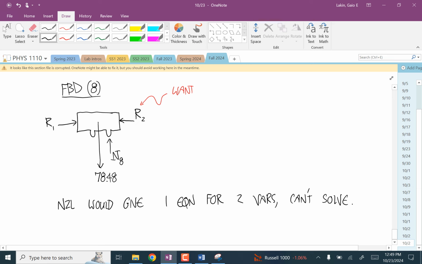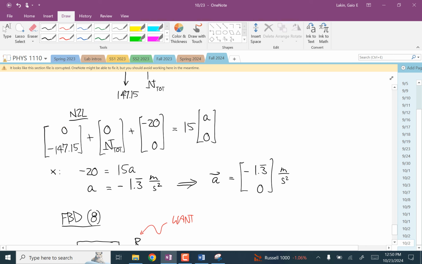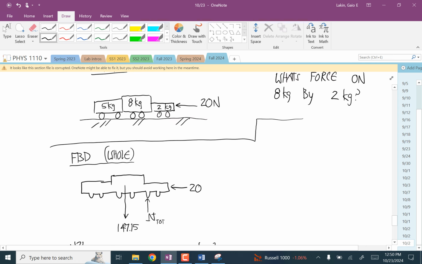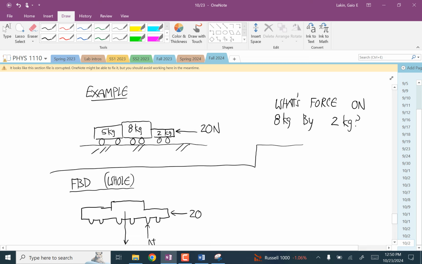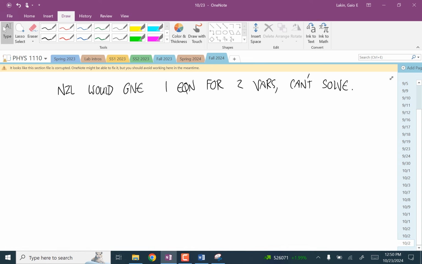Okay, so what am I going to do instead? Instead, I'm going to isolate the 2 kilogram cart. Okay, I'm going to calculate the force vector on the 2 by the 8. And then I'm going to use Newton's third law. Okay. So instead,